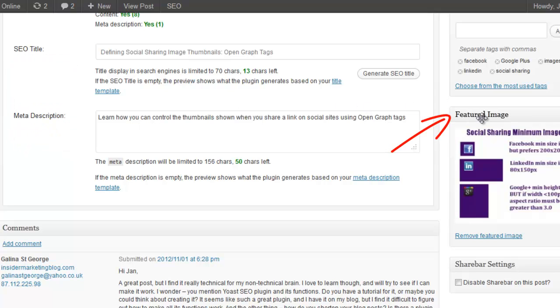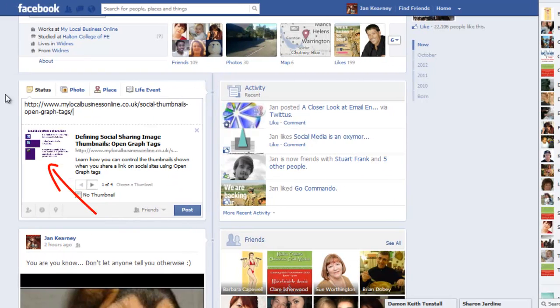It will also use the featured image. Now, in this particular post I have 3 images, and I've set the last one, I think it is, to be the featured image. So it will use this as the thumbnail image in the sharing when you share it. So it's this one here, and obviously on Facebook you can flick through and choose other images too.